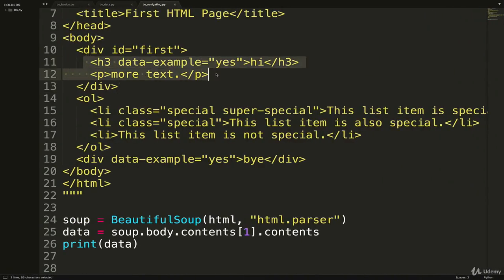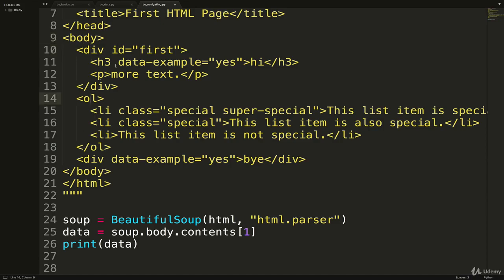So that's this right in here inside of that div. Okay, the next thing that we can do is we've seen how to access contents to descend into the elements that are nested down, but I could go from this div to this ordered list. These are siblings. Siblings meaning that they are on the same level of the hierarchy. They are not embedded in one another. They are not nested, and they're not in a parent-child relationship like body and div or body and OL.